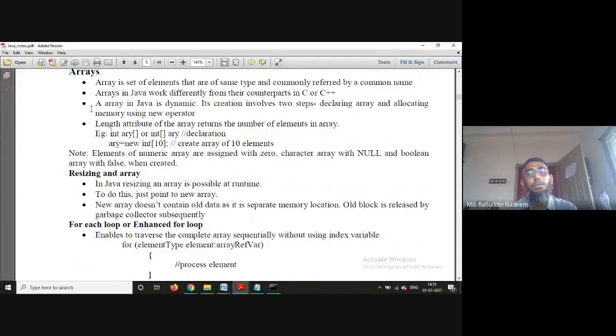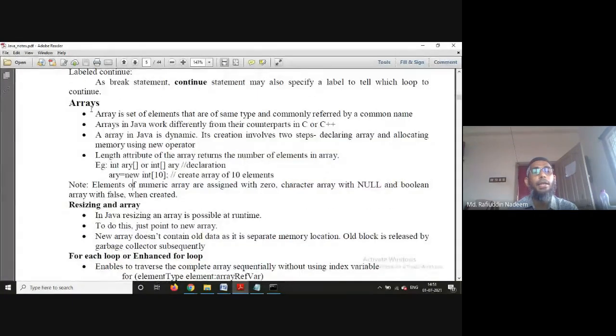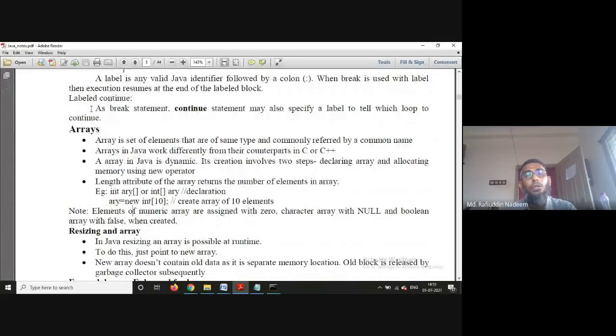So it is possible for us to declare arrays in Java like we have declared arrays in C. An array is a collection of elements of the same type, which are referred to by a common name. Arrays in Java work differently from their counterparts in C or C++.